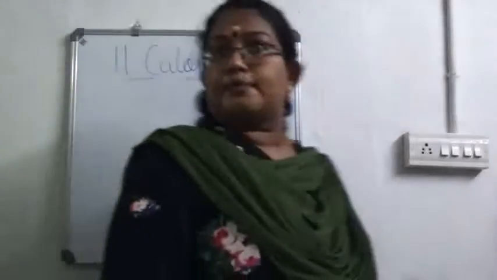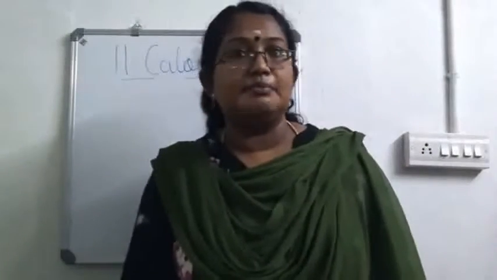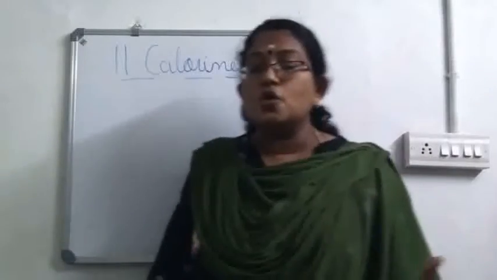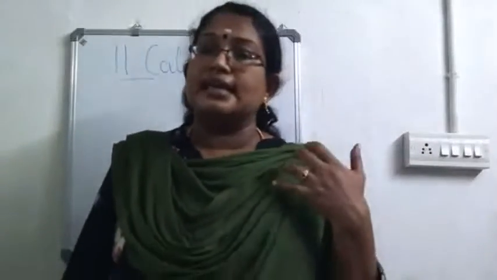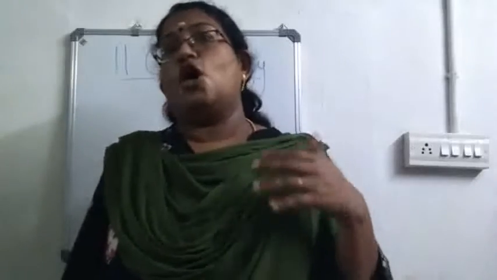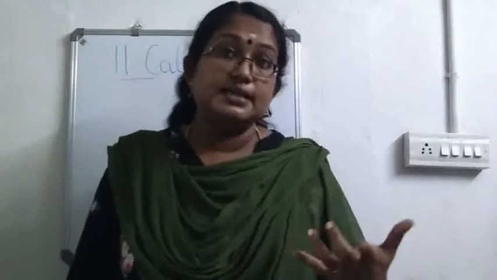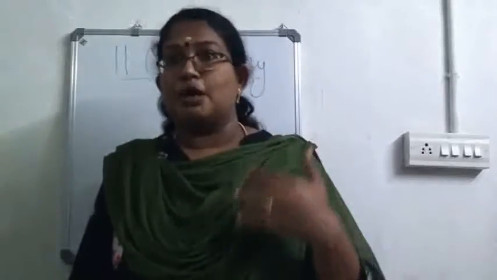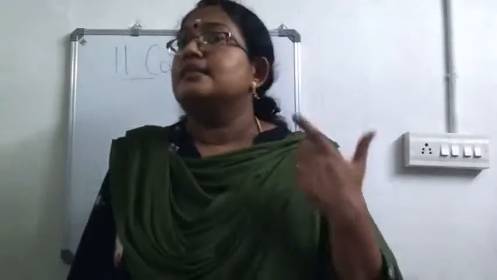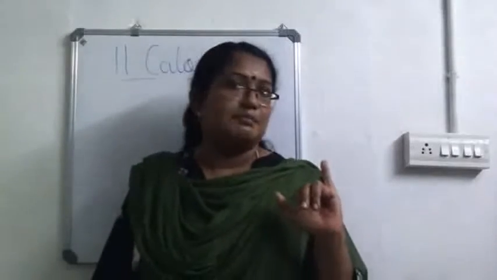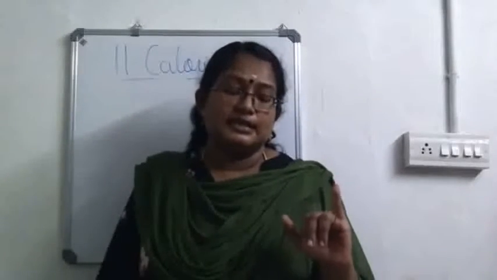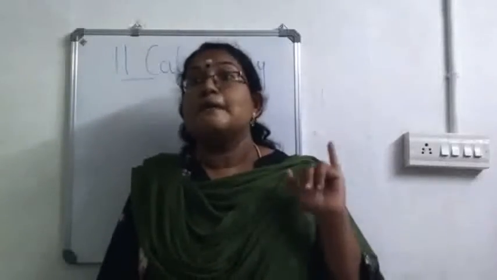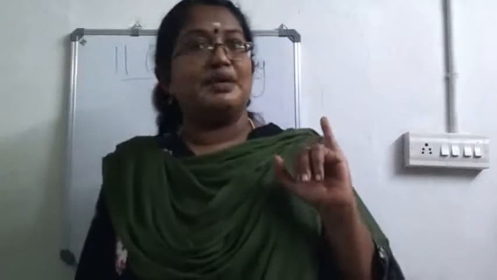After that, we have learned about calorimeter. What is a calorimeter? Calorimeter is a cylindrical vessel which is used in order to calculate the heat energy absorbed or liberated by a body. Isn't it? Now, using a calorimeter, we can calculate the amount of heat energy by the principle of calorimetry. And what is the other name given for the principle of calorimetry? It is also known as the principle of method of mixtures, isn't it?